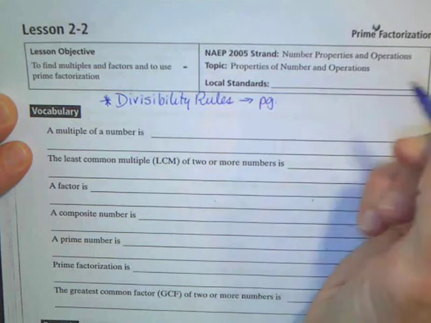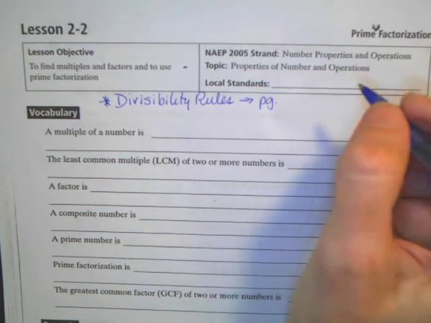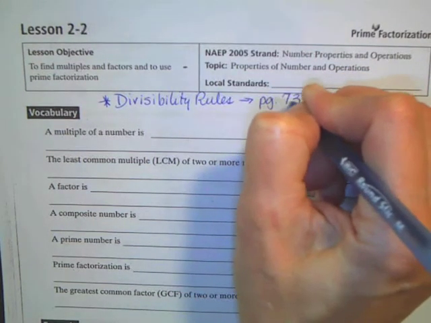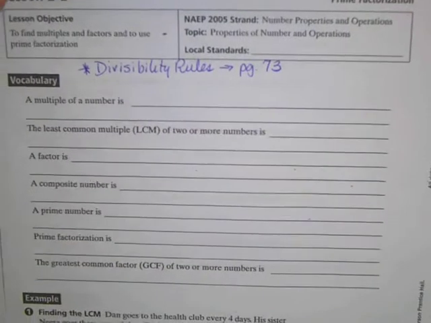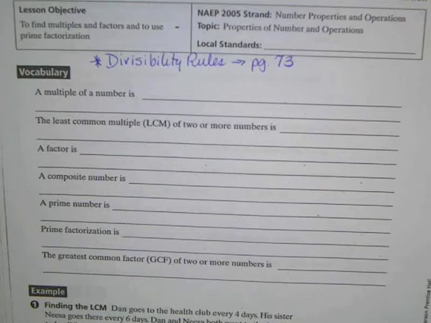can be found on page 73 in the textbook. I would review those. We will be talking about them in class as well, but it's an opportunity to get a little bit of a head start there. Okay, we have several vocabulary terms, as I said, and our first one is the term